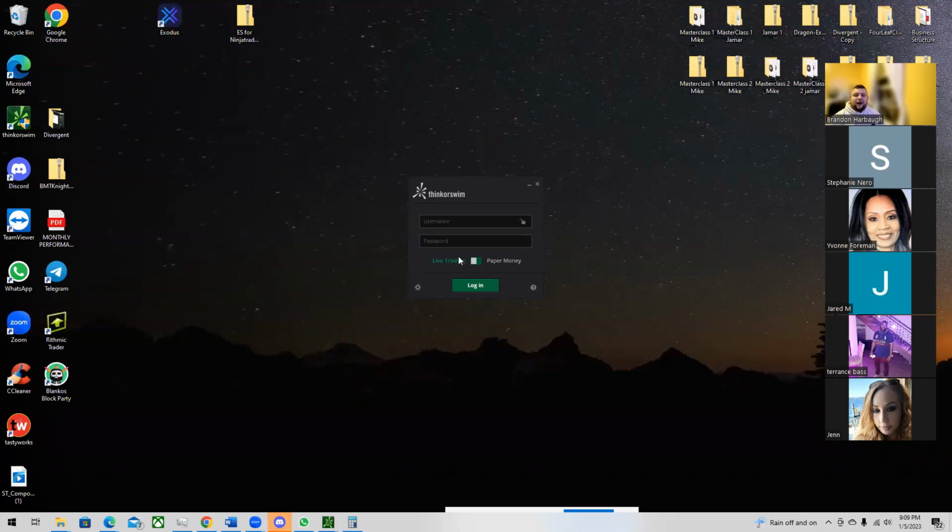When it's green right here, you know that it is a live trading account. When you left click this, it turns yellow. It is paper money. Coming into stocks and options, I really encourage you to trade on the paper money side, not so much to focus on the profitability aspect, but to focus on